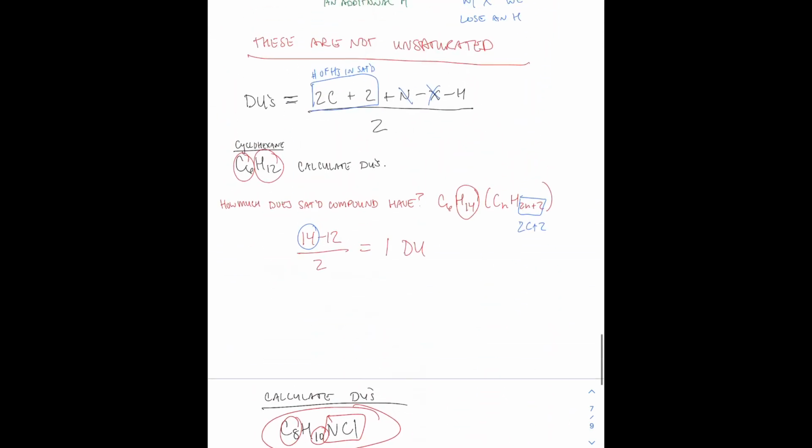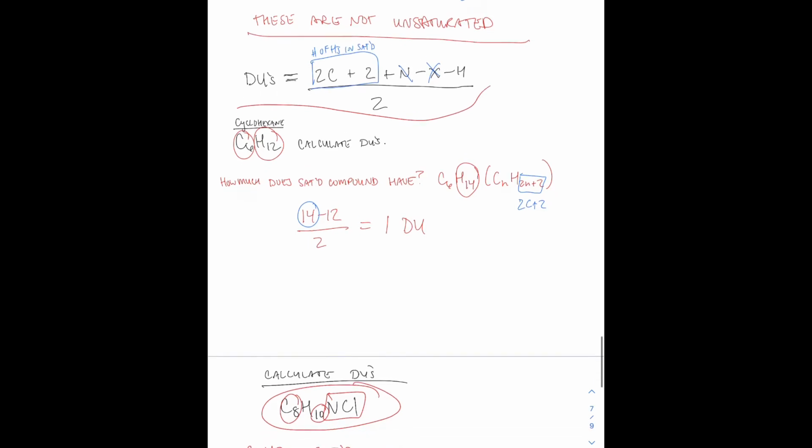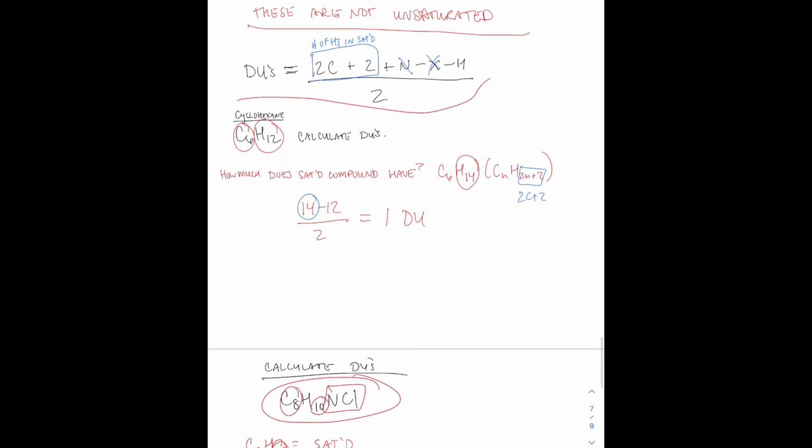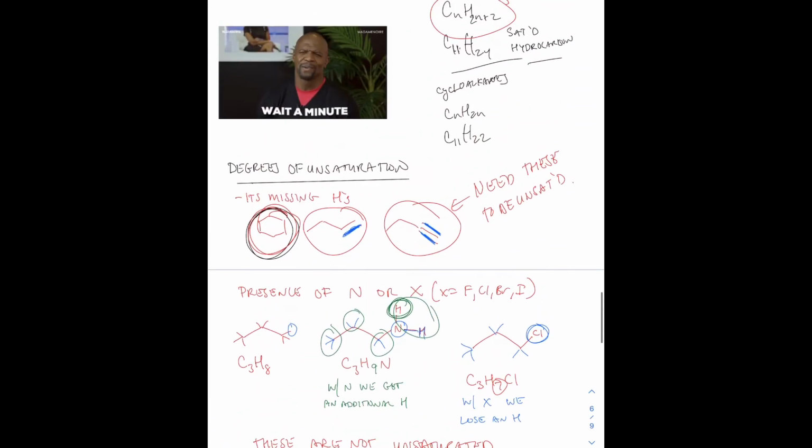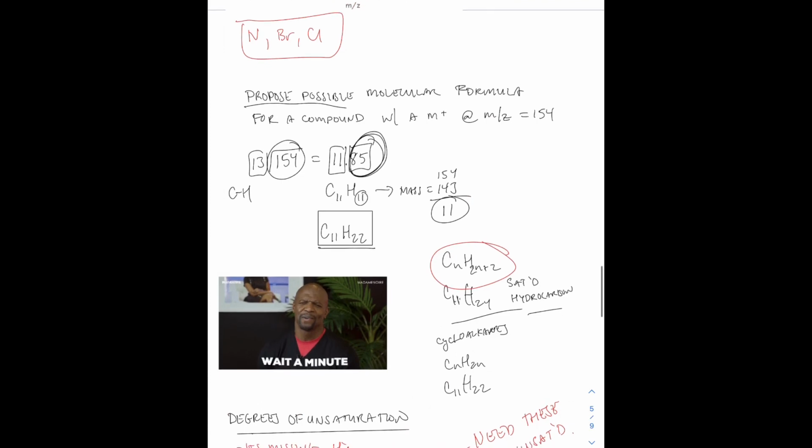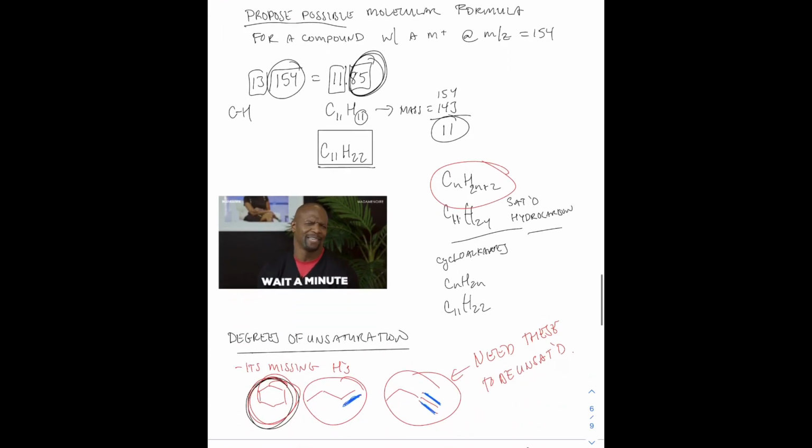And again, we just plugged that into this formula right here. Okay, and so that's pretty much all we really need to calculate the degrees of unsaturation. The reason why I wanted to bring that up is because we can actually bring this a little bit further. This problem up here where we had C11H22, because then we can start throwing in nitrogens or chlorines, but that does ultimately affect the number of hydrogens that we would have,